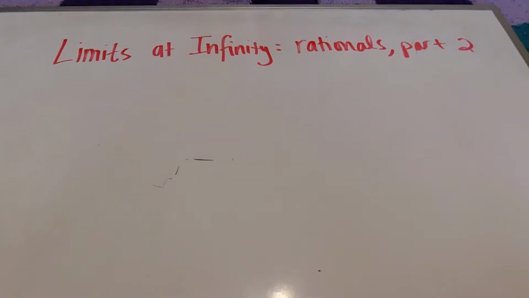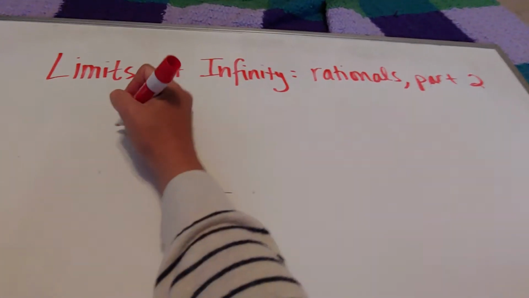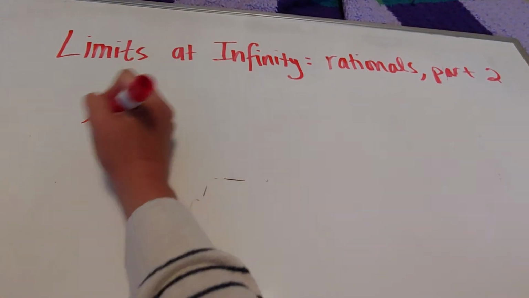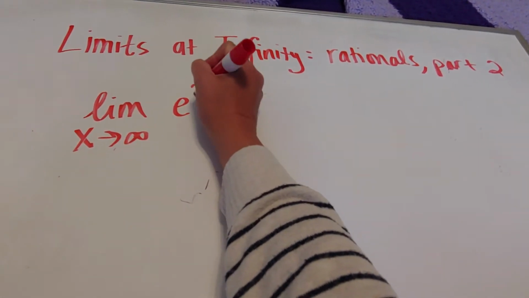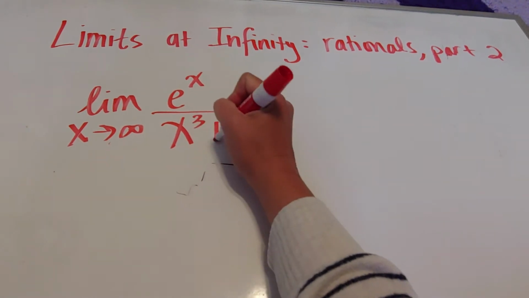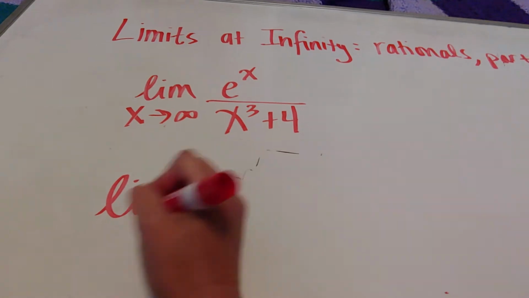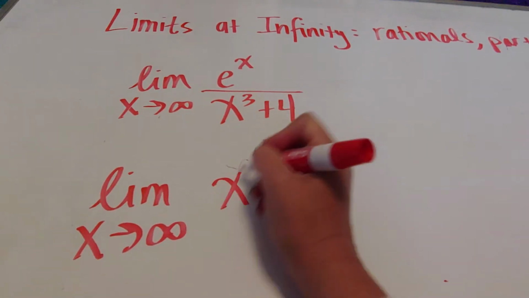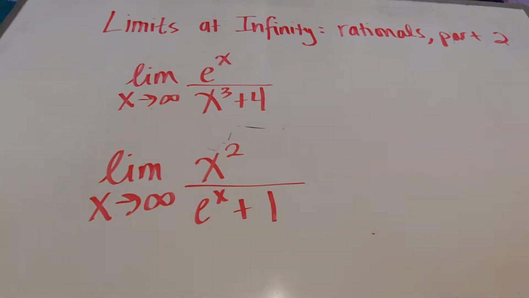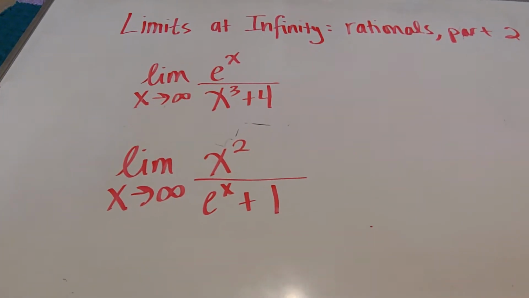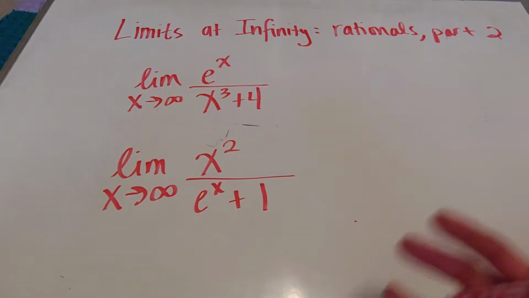In this video, we are still looking at limits at infinity, and I'm going to call this rationals part 2. Rationals, of course, being fractions, so what I'm interested in is what happens if I had something that looks like that, or if I had something that looks like that. All right, awesome. So let's go ahead and talk about what occurs when I'm doing a combination of e's with